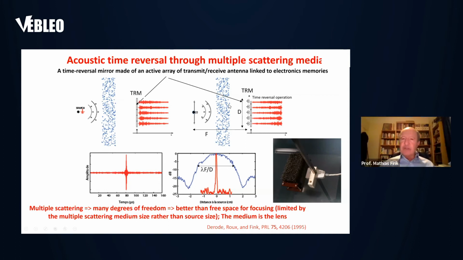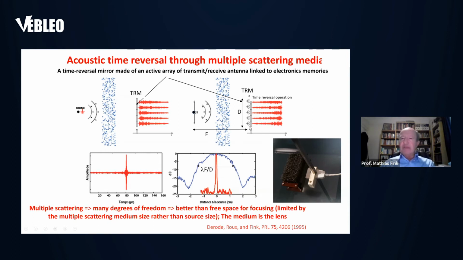In the presence of this random medium, you see that the size of the focal spot is here nearly 30 times thinner than the size of the focal spot that an antenna of this dimension gives through free space. You see that the medium becomes a lens. It is not this antenna that is the lens that focuses here. It is the medium itself, because of time reversal, that now focuses. And you have a very thin focal spot.